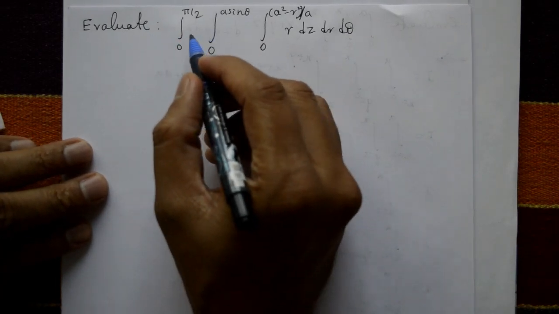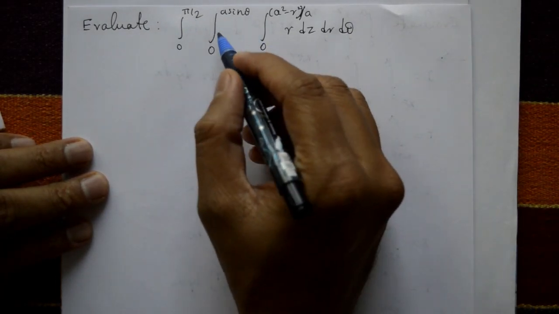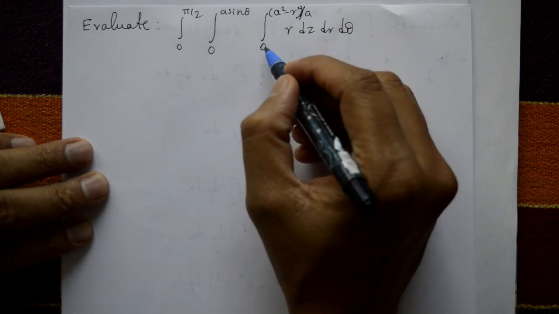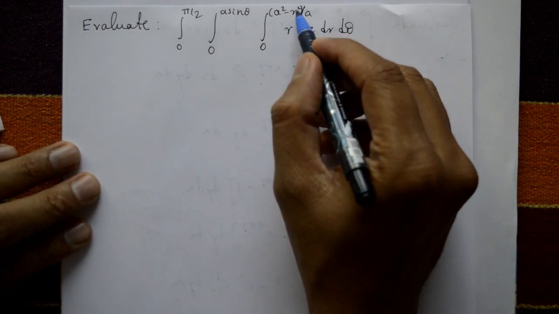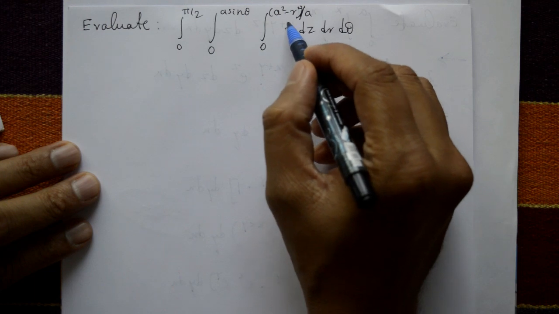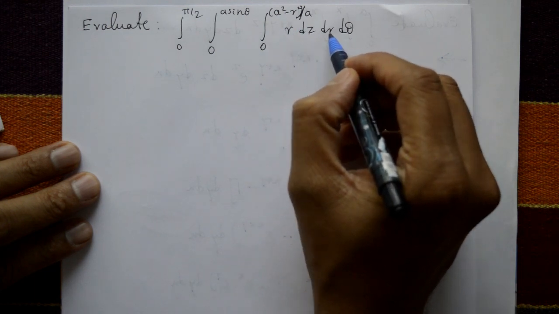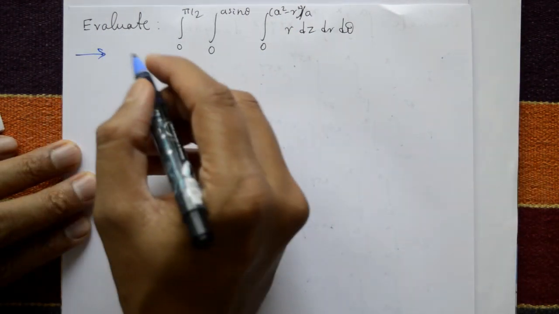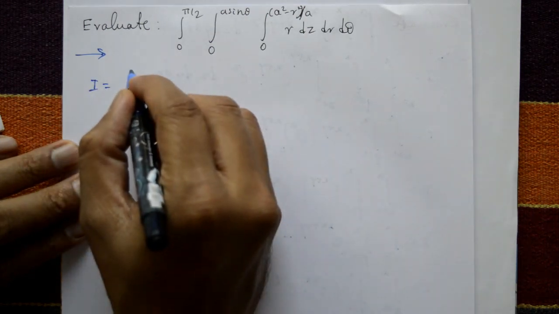Evaluate the integration of 0 to pi by 2, integration of 0 to a sin theta, integration of 0 to (a square minus r square) divided by a, and the function is r, with dz dr d theta. Okay, now the solution: I is equal to